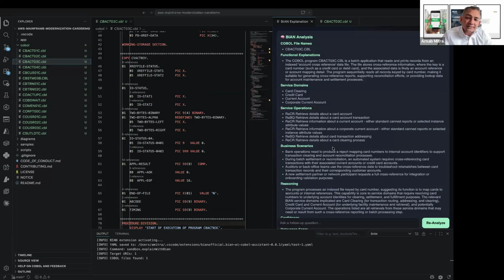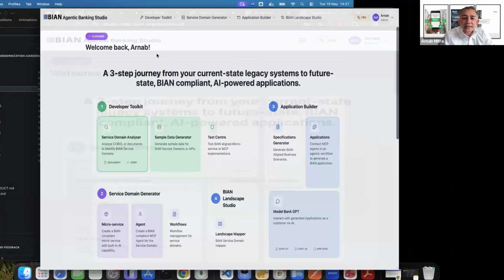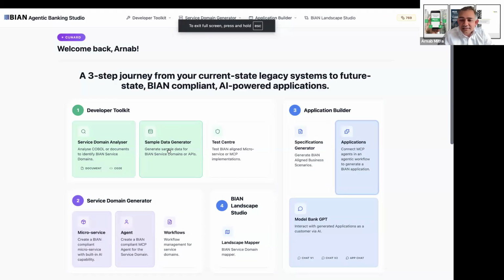The next thing we're doing is trying to extract the logic out of here. Something Guy, our BIAN lead architect, has been talking about, and to put them in the generated service operations from this extracted logic into there. So that's the next thing we're doing. It's not something I can show right now, but it's coming. So that's the kind of thing. So we can take a document as a source, we can take code as source and extract service domains and service operations. Now, if I go back to this, then you see we have other things like the sample data